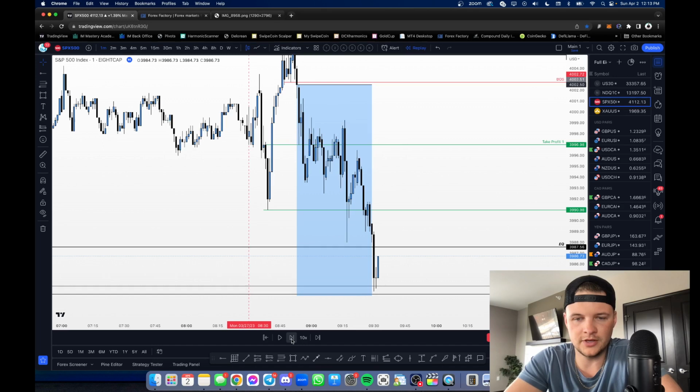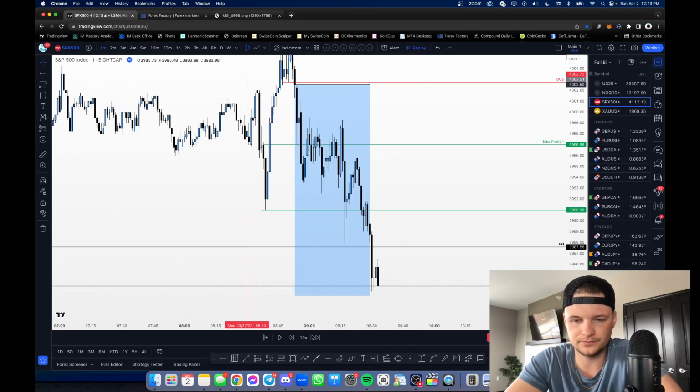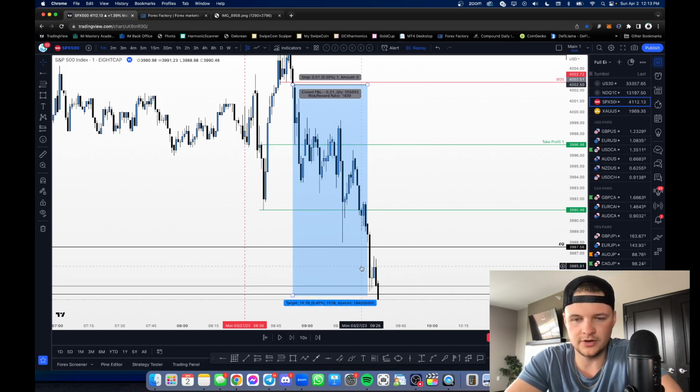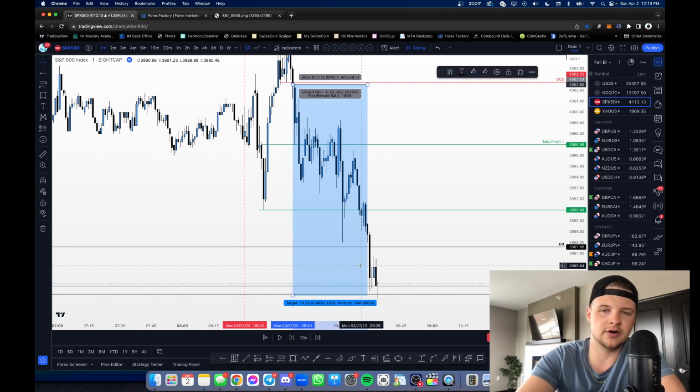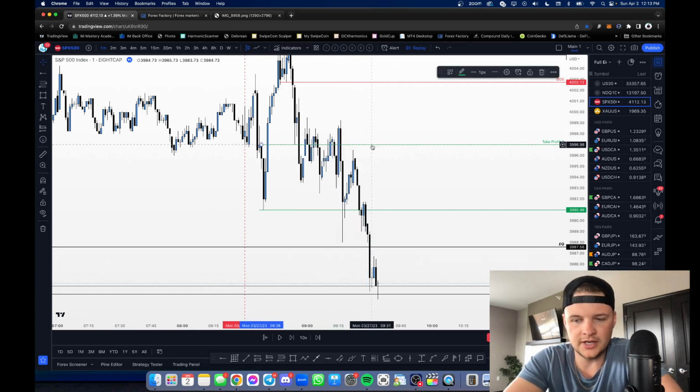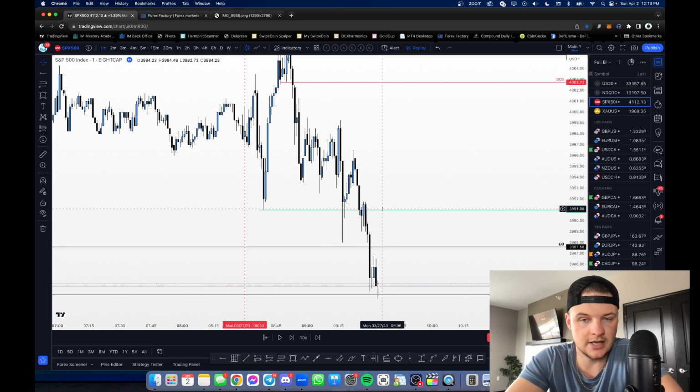Play this out even further, equilibrium, and then sell side liquidity starts getting taken down here. Okay, so at this point, if you were in these sells, you're probably pretty much out of the position. Right here, you definitely are out of the position at this point, right? So that would have been an amazing trade. And like I said, that's the trade that I didn't take.